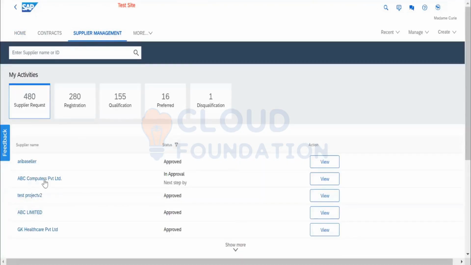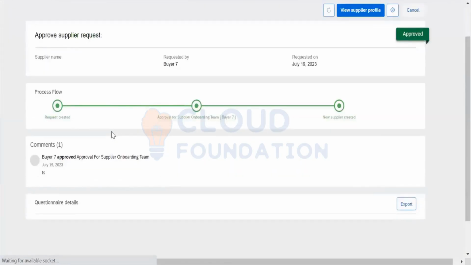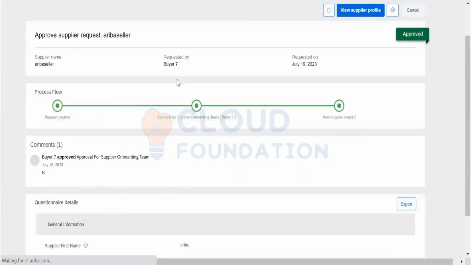Now, yesterday I created one supplier, but what is the email address I mentioned? Even if I try to log in, I will not be able to do that for the same reason. I have created one more supplier with the same details, Ariba seller. I'm opening that. I have approved the requested status. Now I want to see the supplier. By clicking on this,